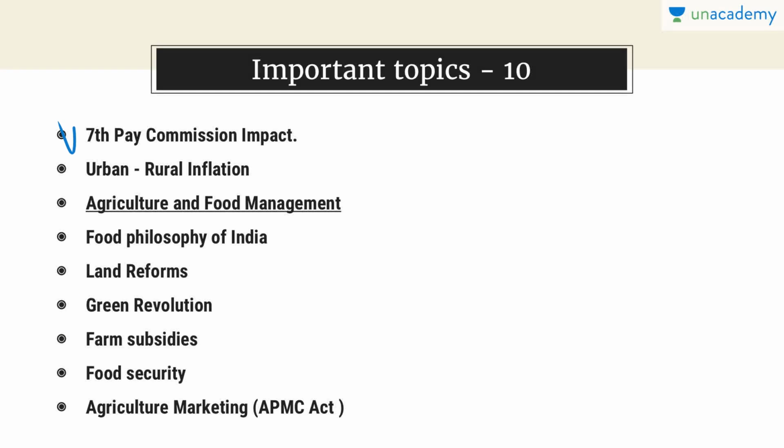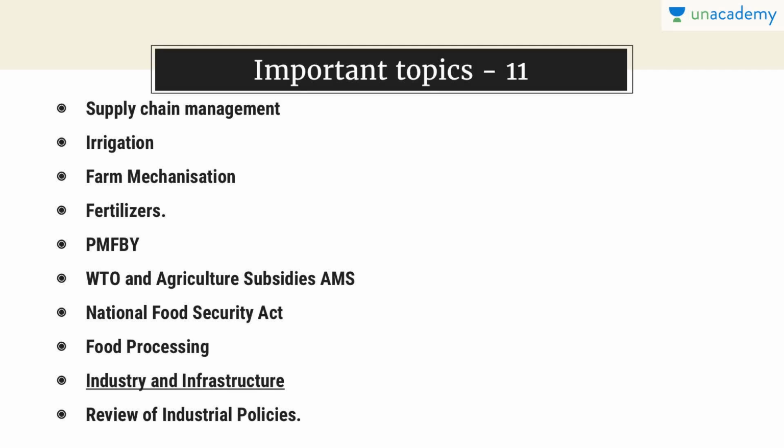Now agricultural and food management, especially the APMC Act and farm subsidies, is very important. Food security as a concept is very important. Food policy of India, land reforms are very important because they are directly related to this topic. Green revolution is really important. It is there in geography also and it is there in economy also, so please read this topic. Now supply chain management, irrigation, how to automate your farm, mechanize your farm, fertilizers, PMFBY, WTO and agriculture subsidies, NFSA,